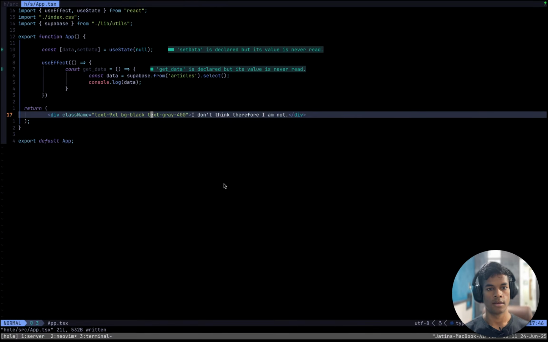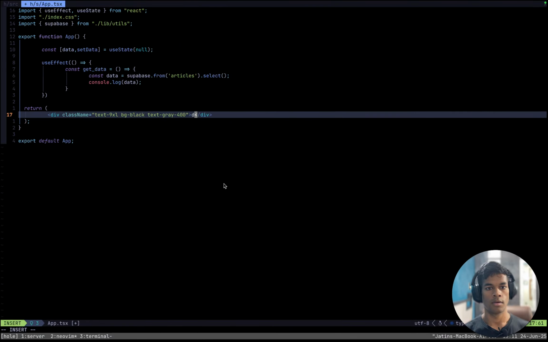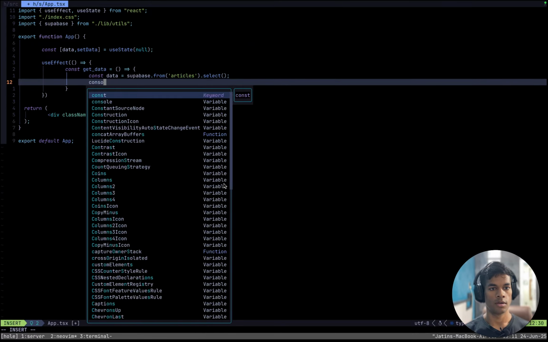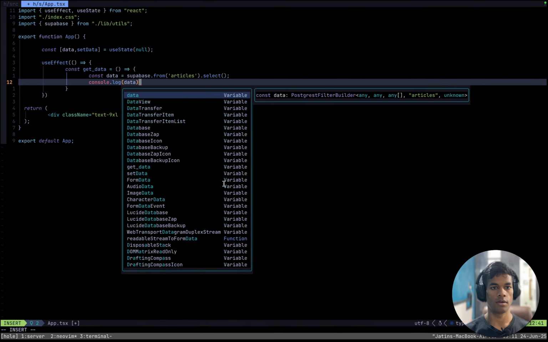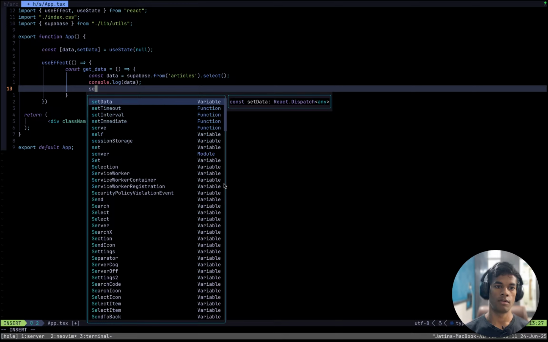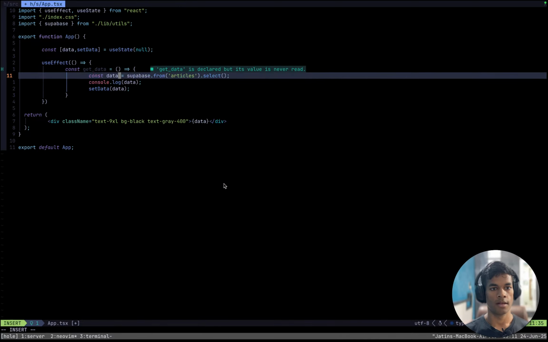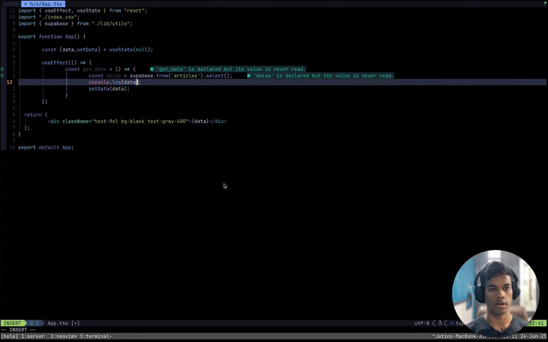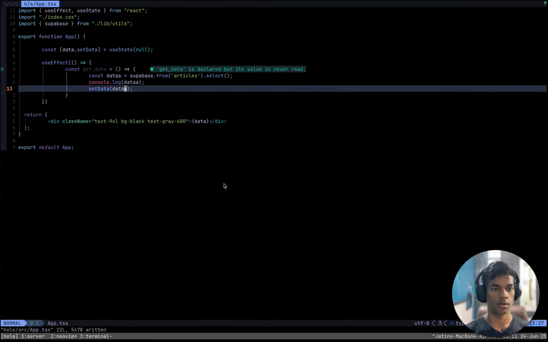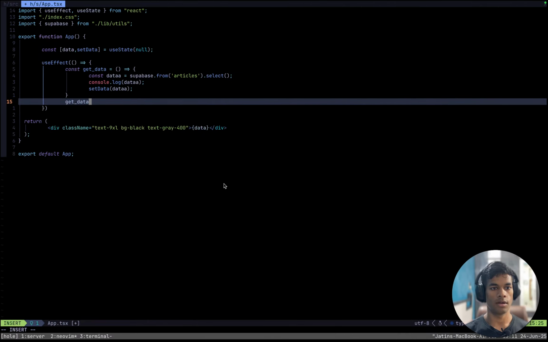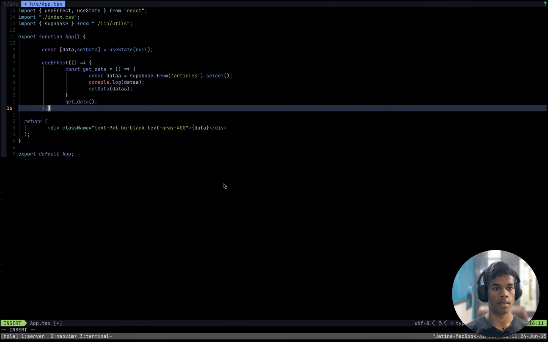And here, data, which is initially null, after getting it, console dot log data and also set data to data. Well, that is a very bad naming scheme. Data and then getData function. Now it should work, I guess.